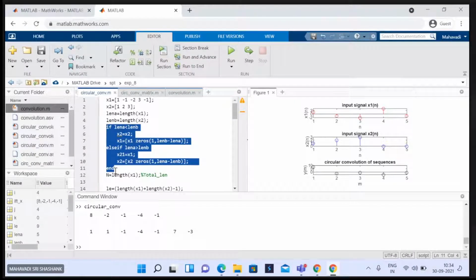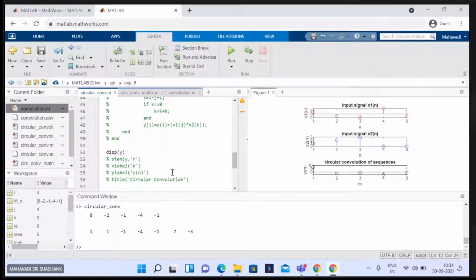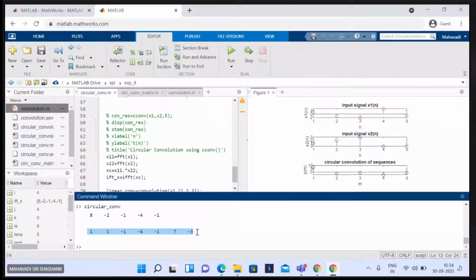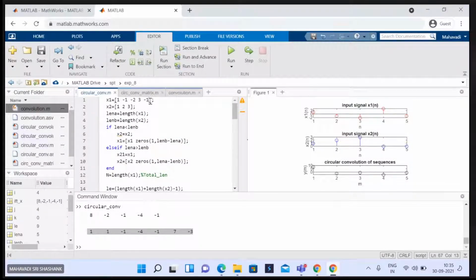So according to what do you decide how many zeros you need to pad? According to the length of the output of the linear convolution. So if I use 5 inputs in the first and 3 in the second, then it should be 5 plus 3 minus 1, so it should be 7 totally. Yes, the output should contain 7 values. So that many zeros you add in both the sequences. Then only you can perform the circular convolution, right?